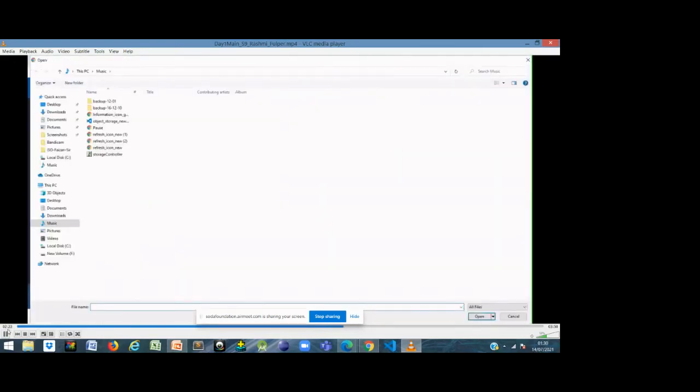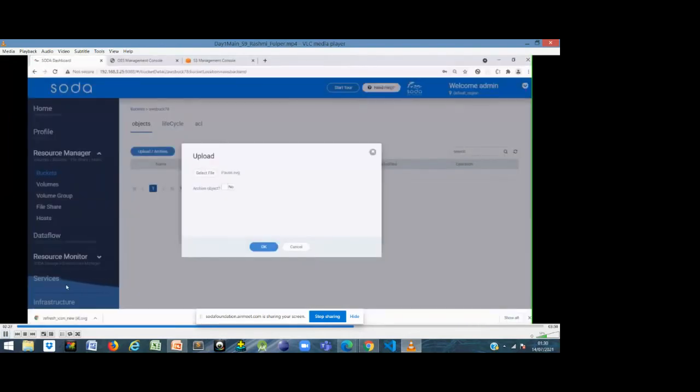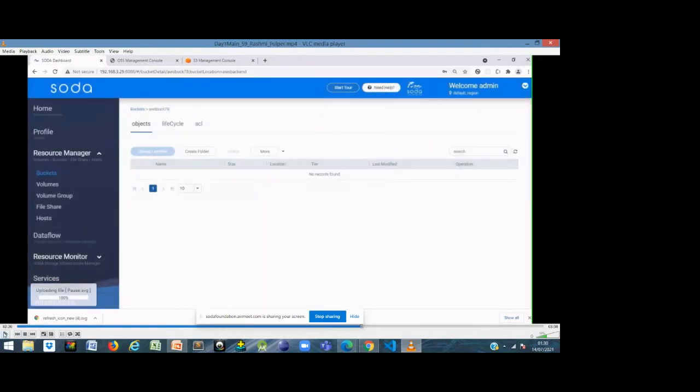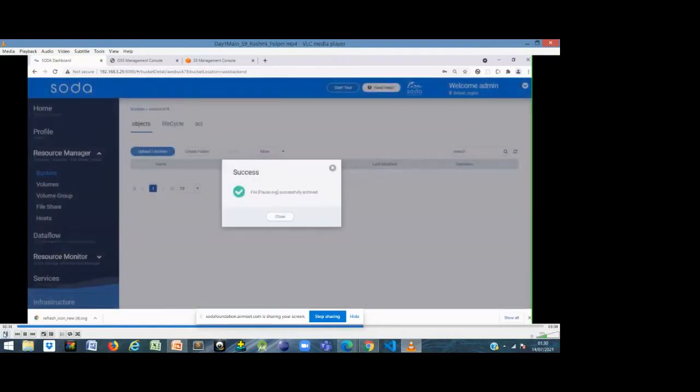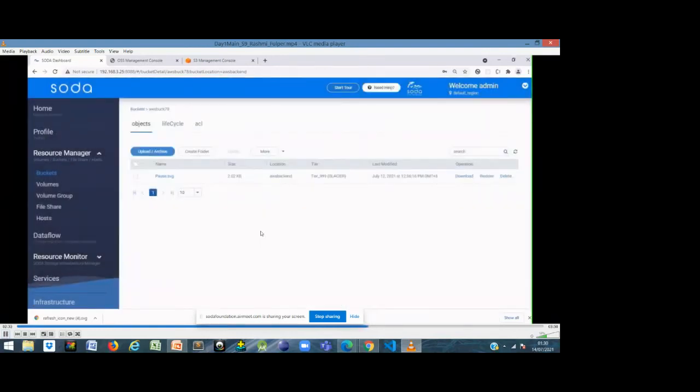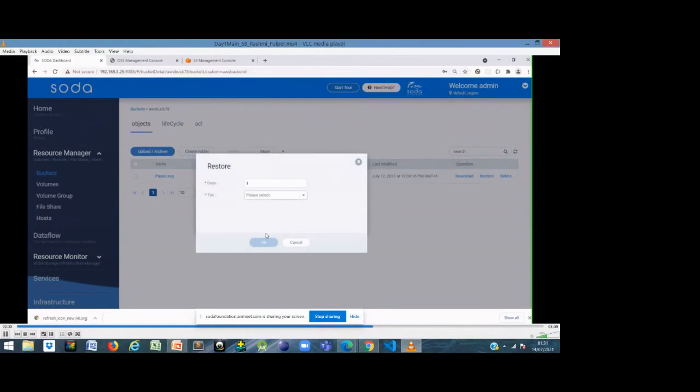For uploading into Glacier, you have to select the object, enable archive object and select a tier. Then for restoration, you can see three options: expedite, standard and bulk. To retrieve data, these three tier options are provided.